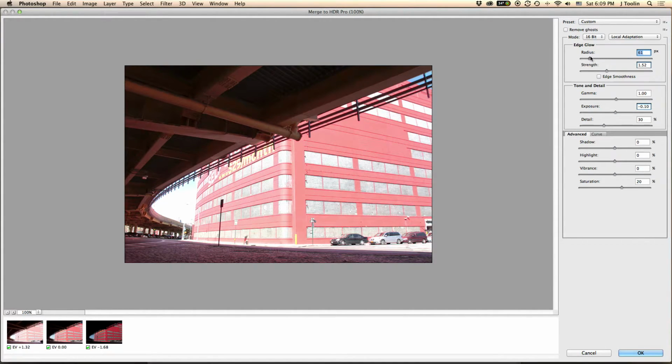So anyway, I'm dragging that down back to where it was, somewhere in that ballpark, right? So there, now I've got some edge glow on the edges of these glass blocks and the windows, that kind of thing. I might want to make it more